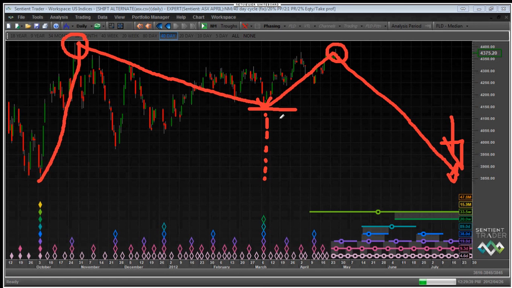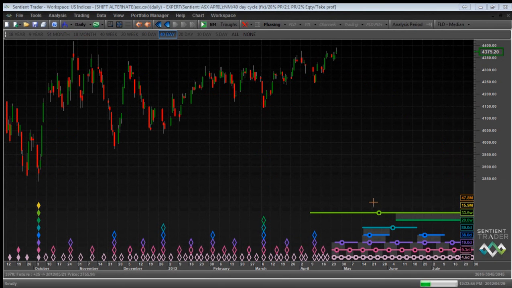I see Jitendra says, wasn't sentient ST outlook for S&P indicating that it is heading for a larger time frame trough, and therefore both the US and Oz are heading the same way? Well, yes, absolutely, and I'm saying the same thing here, that the markets are heading down towards that trough. Perhaps what you're doing is you're highlighting the difference between the US markets and the Australian markets. So let me show you that difference already.